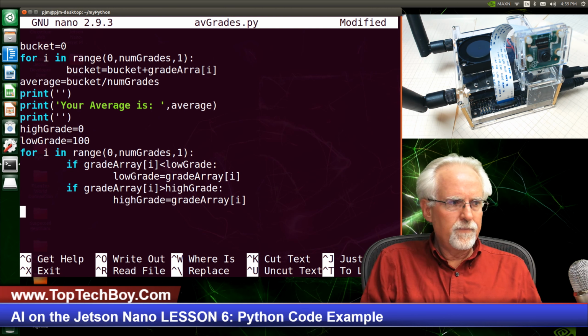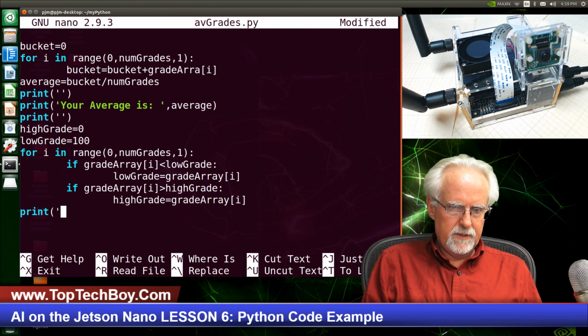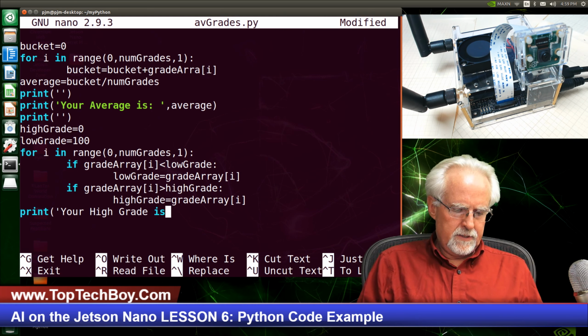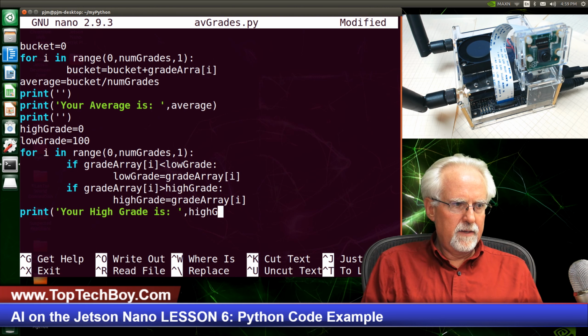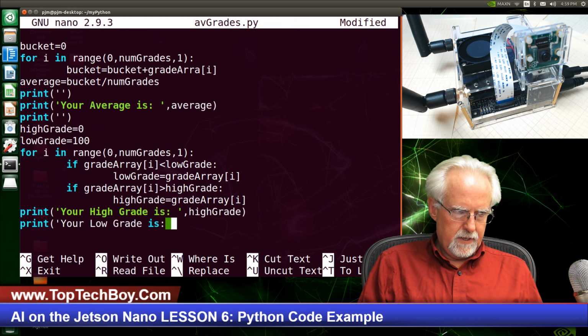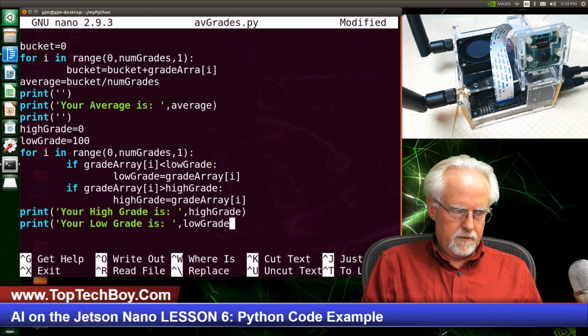Okay, what do I do now? I'm going to print, and then I'm going to say "your high grade is" space, close it out, comma, and then high grade. And I'm going to print "your low grade is colon space" and then comma low grade. Okay,